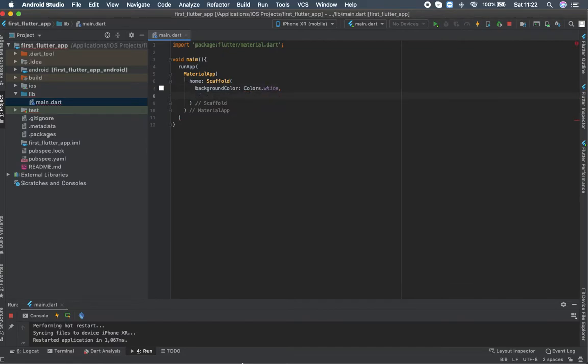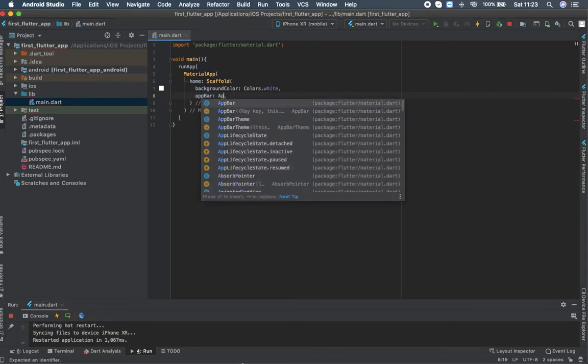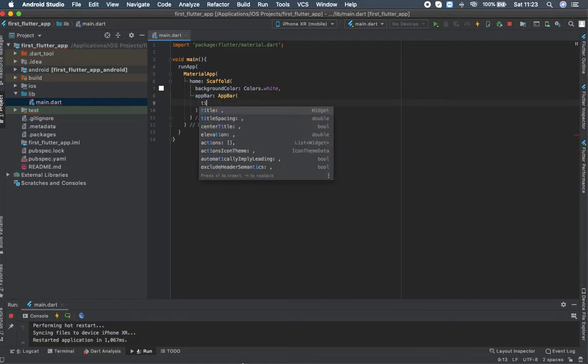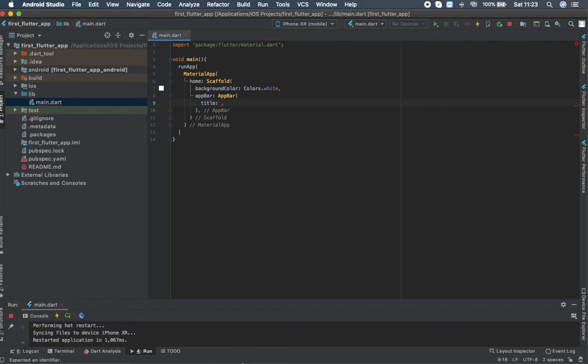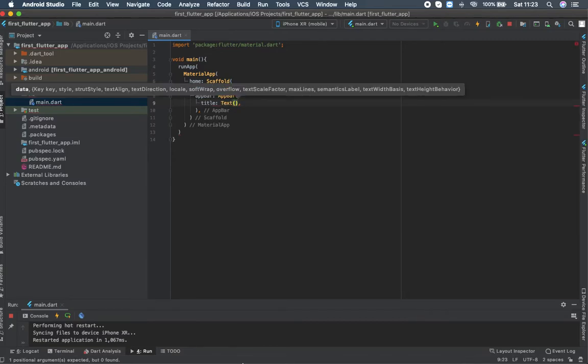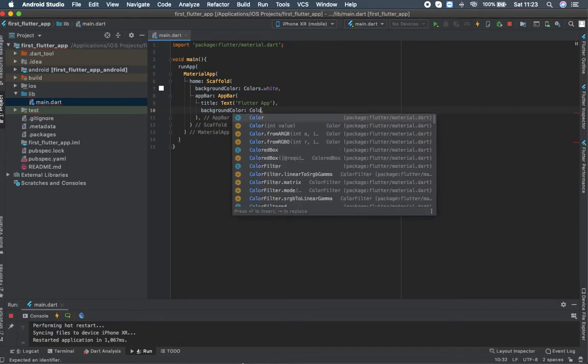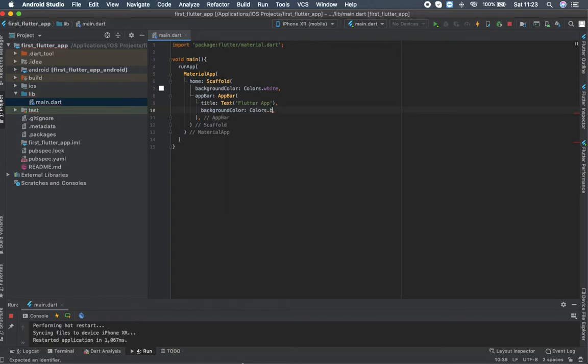and what I'm going to do is create an AppBar over here. So let's say AppBar, and inside the AppBar I am going to write a title which is a Text. Inside the Text I will write Flutter app, and then I'm going to set a background color for it. So let's say Colors.blue,